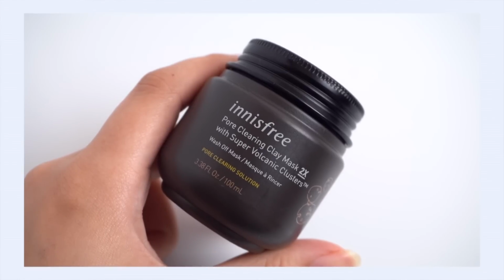So this or that, I mean, they both sound really good, right? There's really 2 main differences here, and it's going to be based on your skin type, I think, because when I use the Innisfree, I actually feel a little dry with this one. Now I am prone to dryness on my skin. I can get a little dehydrated, but I think that the sebum sucking ability of the Innisfree is so stinking good that it's really the most appropriate clay mask for oily skin types. Like really oily skin, you're gonna love this because it really sucks the oil out of your skin